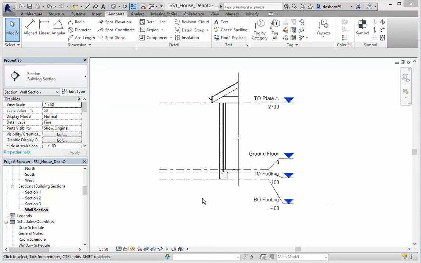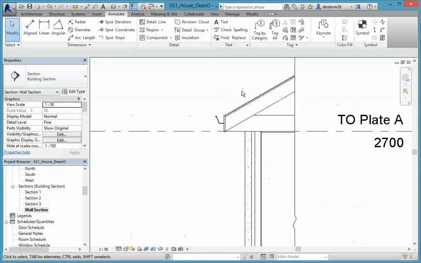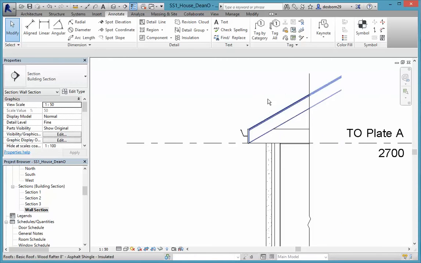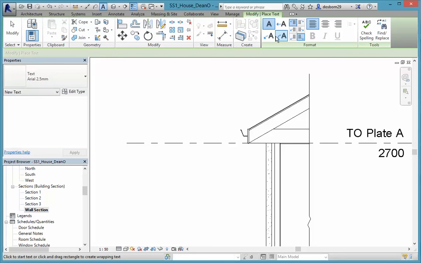While we're in this wall section, we can start to add in some detailed notes. I'm just going to zoom in up in this corner here so we can start at the top and we'll work our way down. Now, the way that we put notes in is we come into Annotate and select Text. You'll notice that you have some different ways that we can put text in. I'm going to pick leader at the bottom right, and I'm going to pick